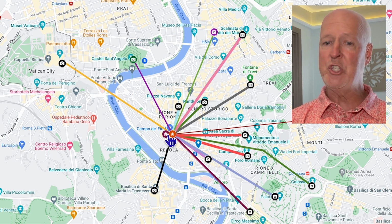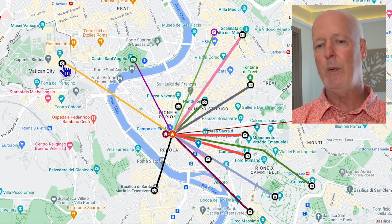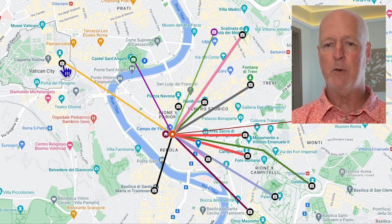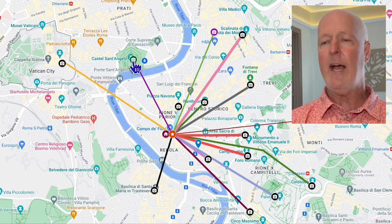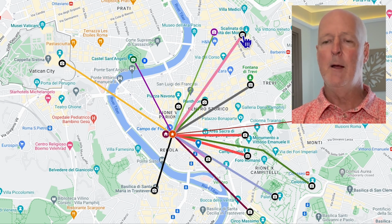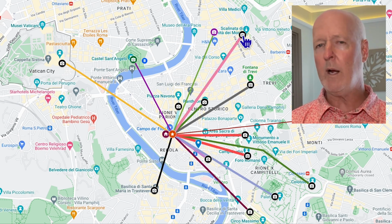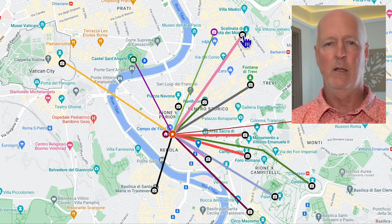Some of the sites you can still walk to. They're going to take you a little longer. Maybe out to the Vatican is probably closer to a 20-minute, maybe 25 at the most, walk. To the castle, maybe 20 minutes. Up here to Spanish Steps, it's going to be like 20 minutes. But what's nice is there are so many things within walking distance that you're not reliant upon buses,